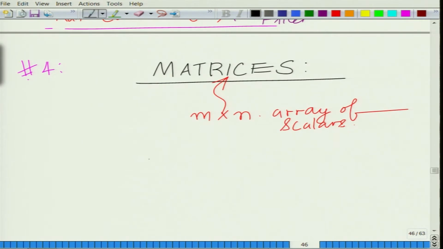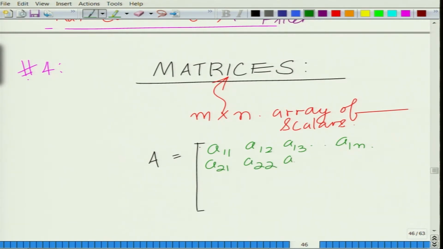So you have A equals A11, A12, A13, so on up to A1n. Then you have the second row A21, A22, A23, A2n and so on, and then you have the mth row AM1, AM2, so on, AMN,